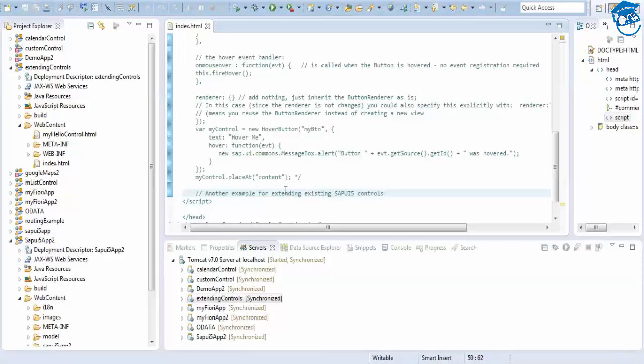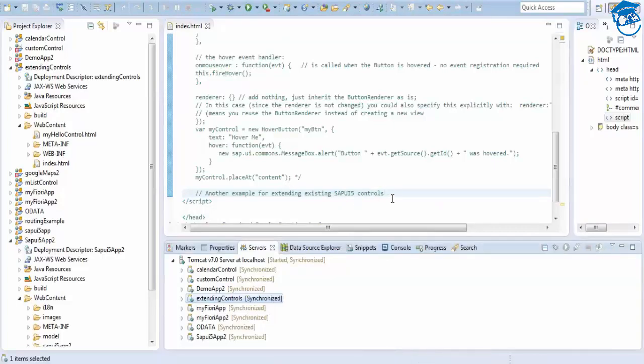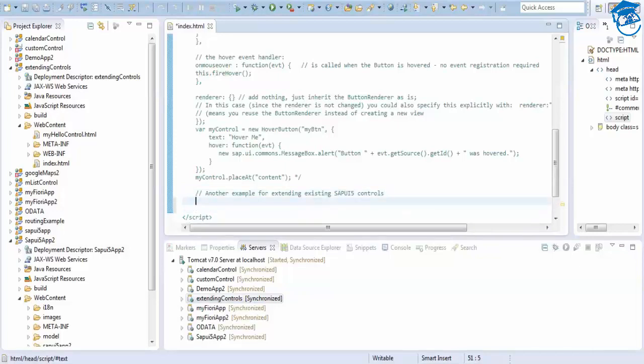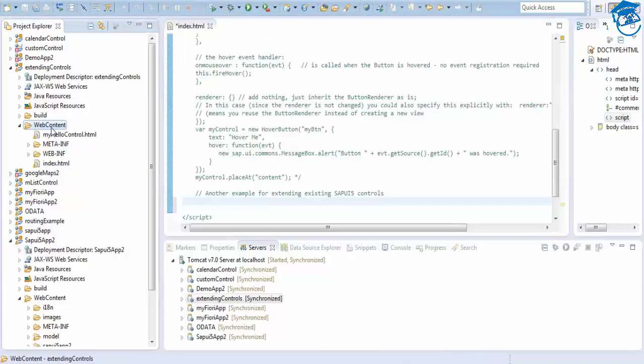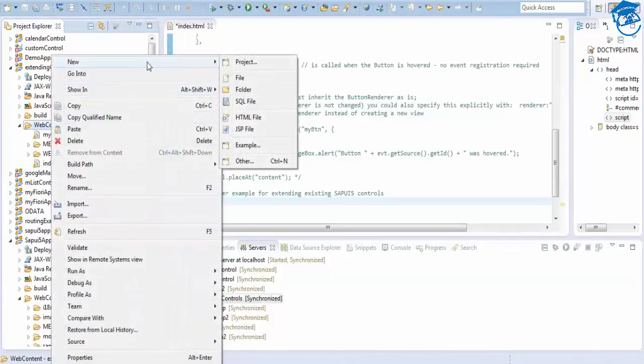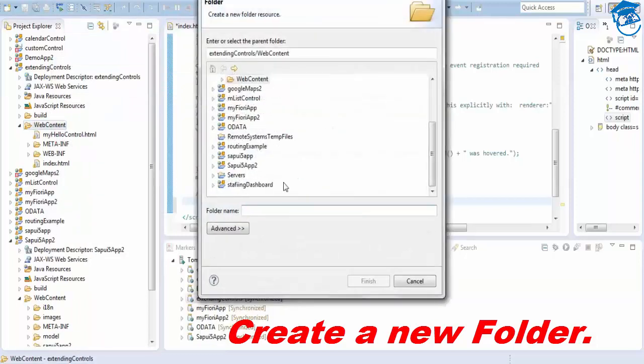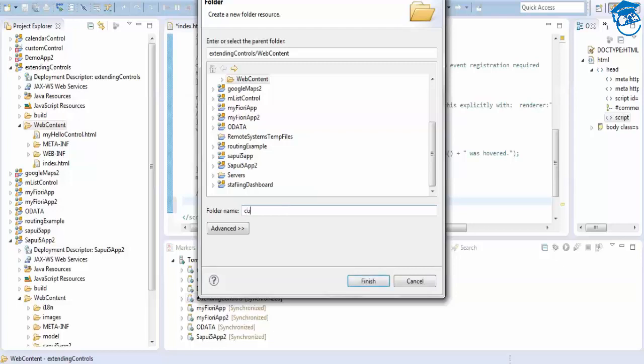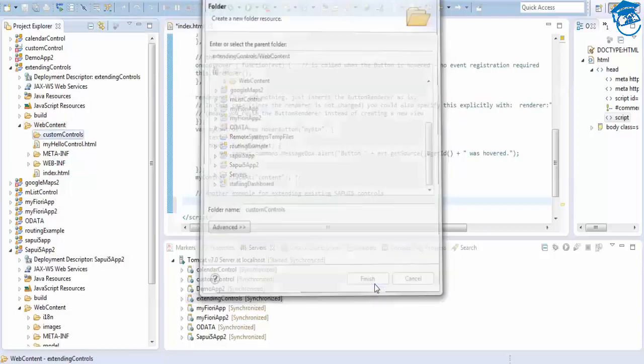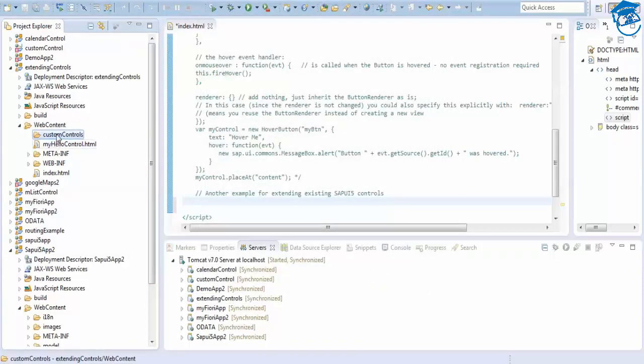And I'm going to save this. Once I save this, inside this web content, I'm going to create a new folder first. Inside this folder, I'm going to create a new folder called custom controls. Inside this custom controls, I'm going to place a new view.